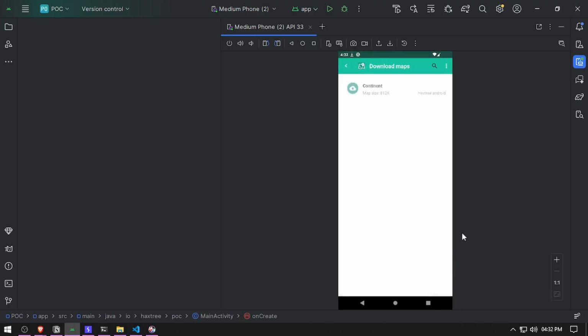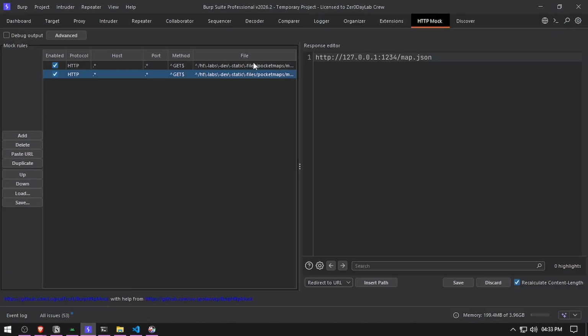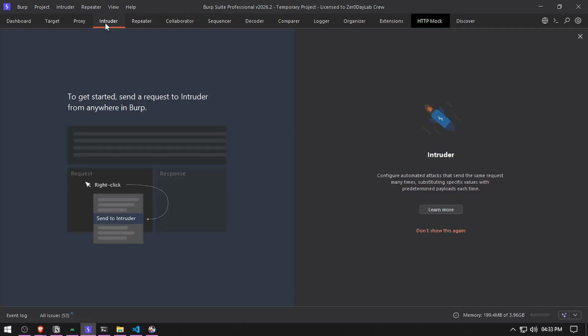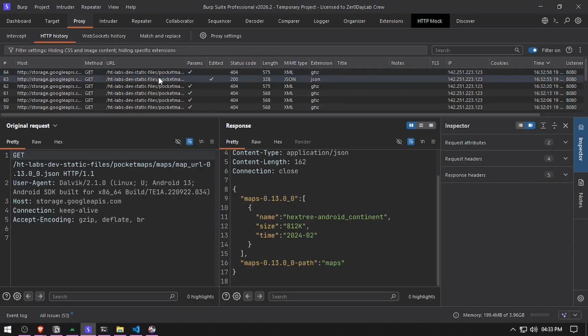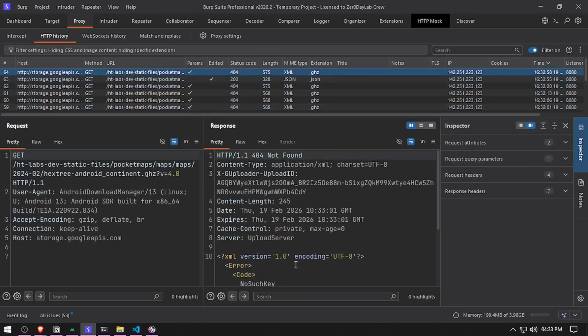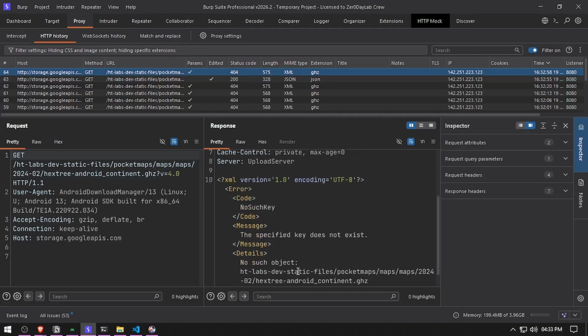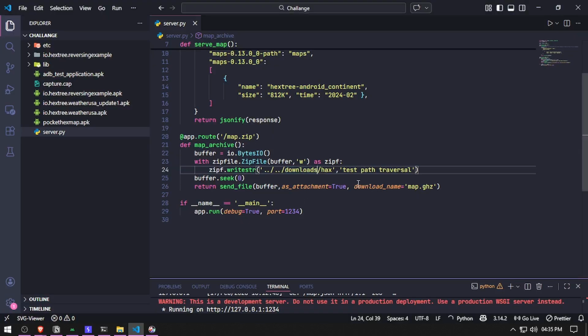and hit the plus icon. It shows there is a map. I can click on the download, but it's not working. And why is that? In the proxy, it says 404 not found. So I think it's downloads. I can just give it a try again